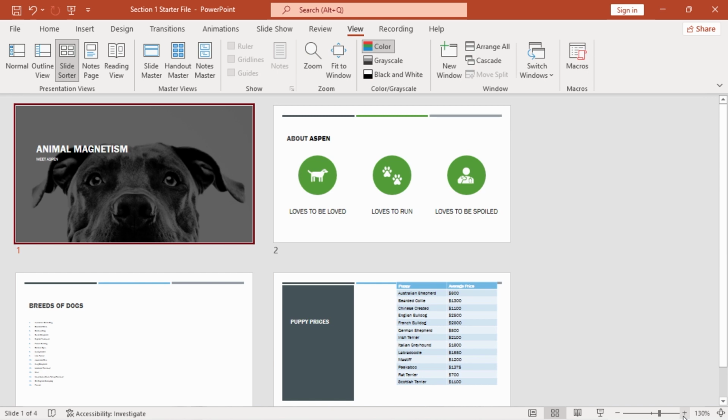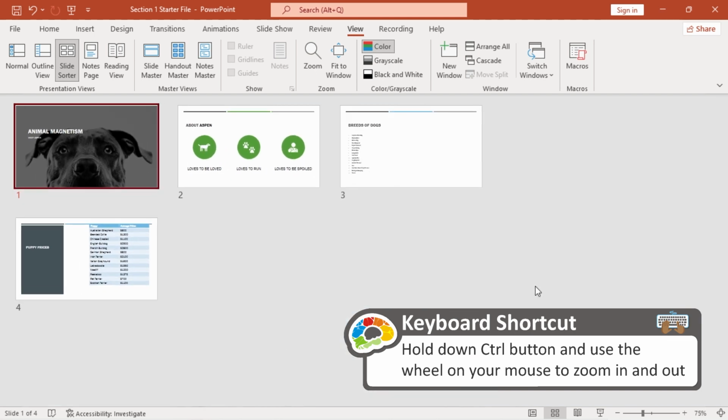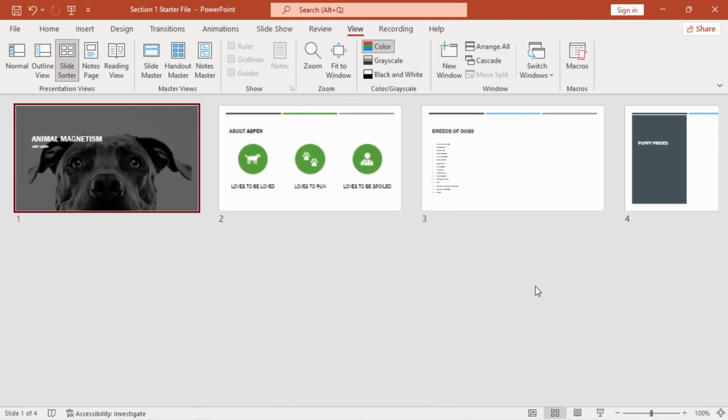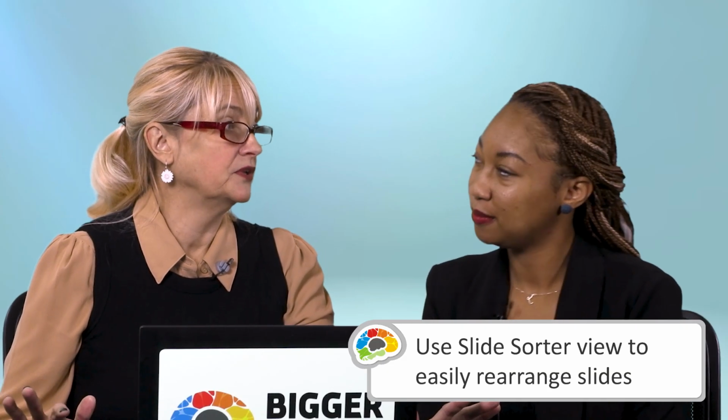I can also use a keyboard shortcut. If I hold my control button down and use the wheel on my mouse and pull it closer to me, it zooms out, and it'll zoom in if I scroll up. That looks much better. Now, one of the advantages to using the slide sorter view is that you can rearrange